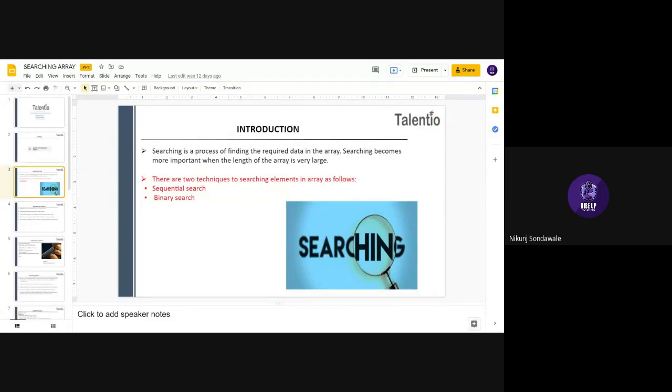Then how can you find it? Simple. The computer will compare your roll number with every roll number in that database to find your mark sheet. If your roll number matches the database, it will show you your result.